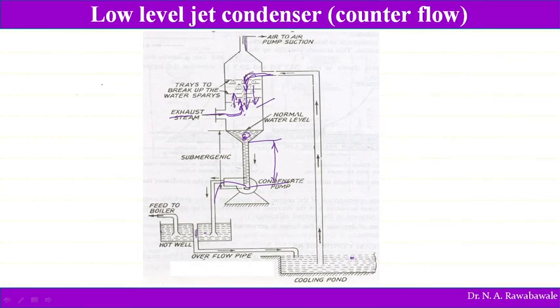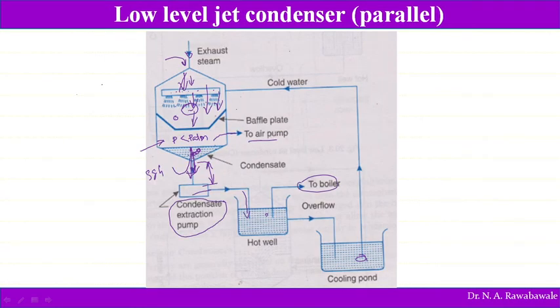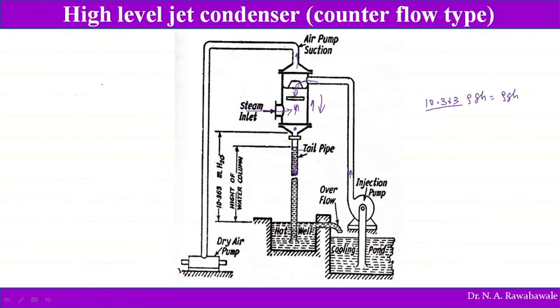So here also there is an air pump. So always there is an air pump and condensate pump. So there are two pumps which are associated with the condenser. One is condensate pump, another is air pump. So condensate pump is at the bottom and air pump is at the top. Sometimes it is somewhere here. So air is extracted. Now here also air is removed using a pump.